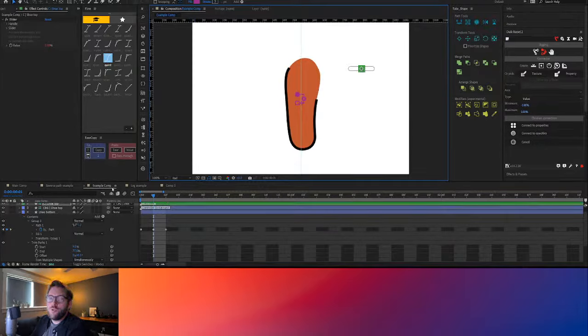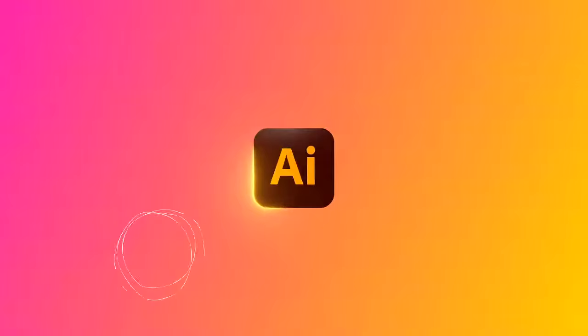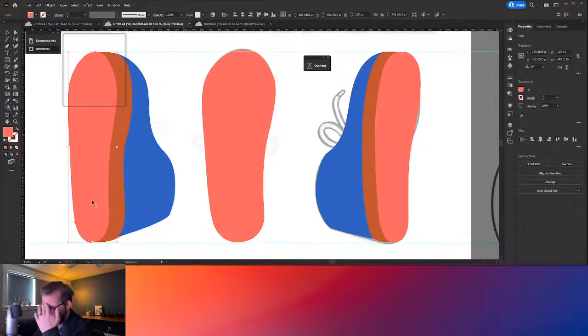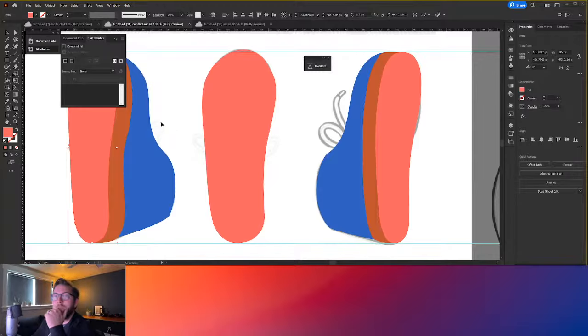So what we actually have to do is go back to Illustrator and reverse the path in Illustrator. So let's go over to Illustrator. And this is another thing that really bothered me: in Illustrator you have this little attributes window, and this is where you reverse the path of something. You can also get the attributes by going here. Just a second, you guys can't see it. There we go. So this little attributes window right here is where you can